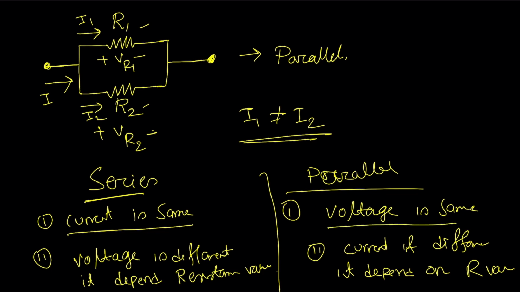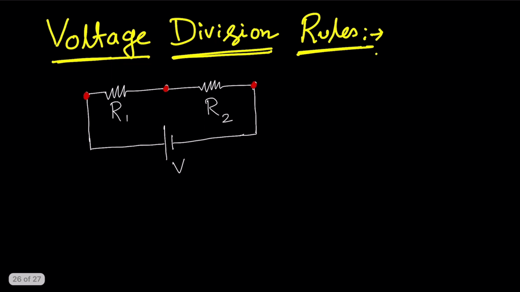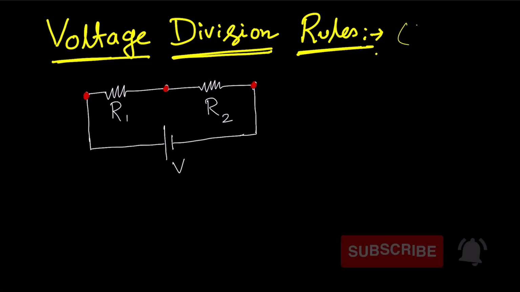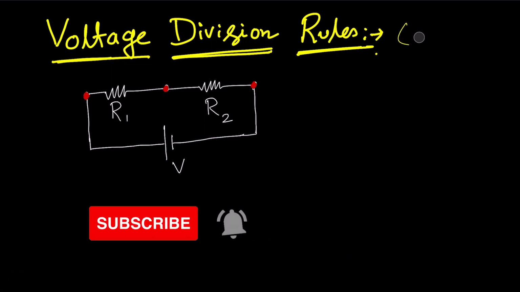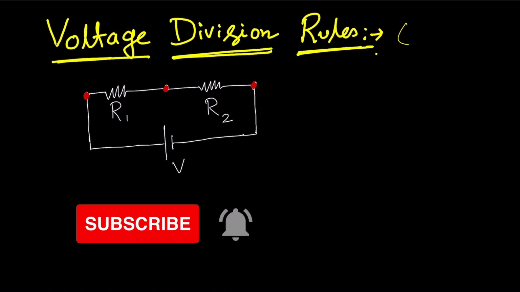So for the series you can see voltage is different, right? That means voltage will divide in two resistances, right? Now we need to know how that voltage will divide, how we will calculate that one. From here, the voltage division rule comes into the picture, okay? So now we need to know about the voltage division rule. Voltage division rule is applicable for series resistance,